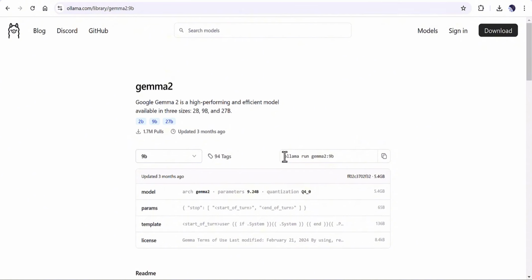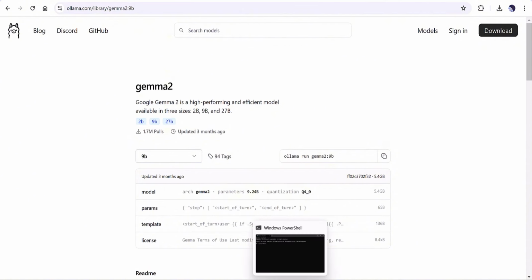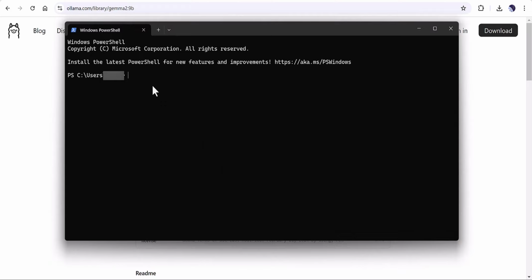Then you have to search for PowerShell, which I already have in my environment, and copy and paste that command there. When you are installing this model for the first time, it will install like this process. But if you already installed this model, then after running this command,